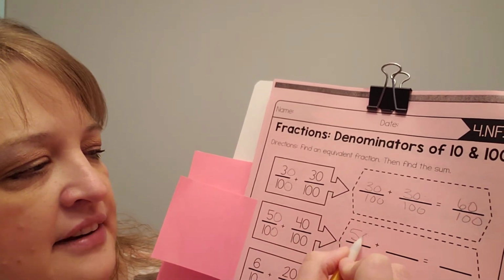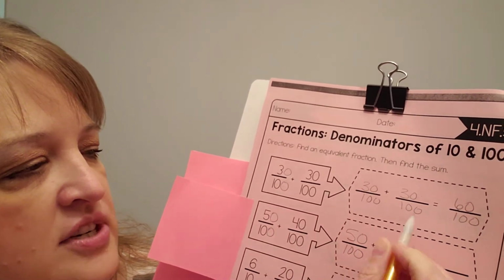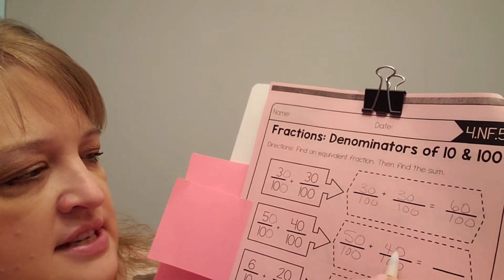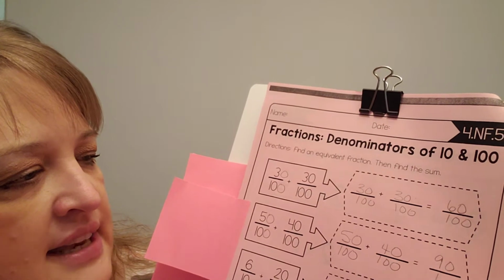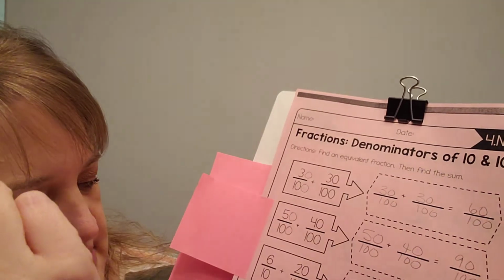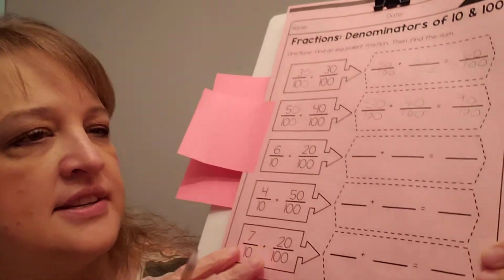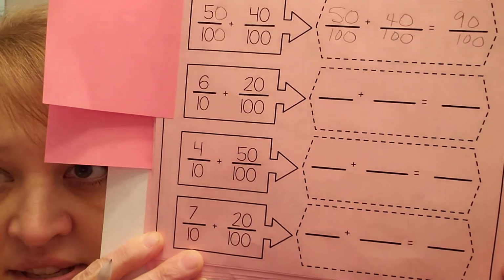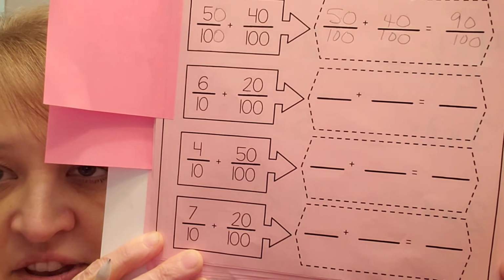Now I can add 50 hundredths plus 40 hundredths is 90 hundredths. All right, you are going to finish this page, only 3 more problems. Change them so that they're both out of 100 and then add. All right, next page is